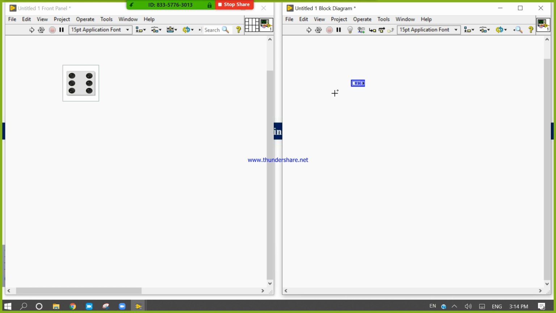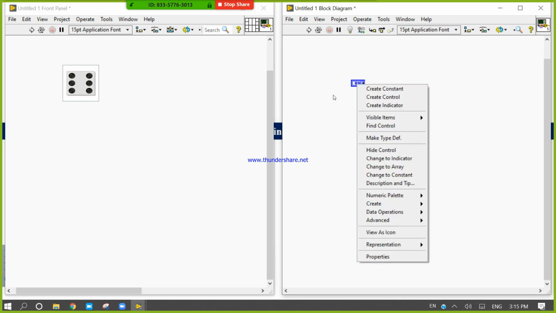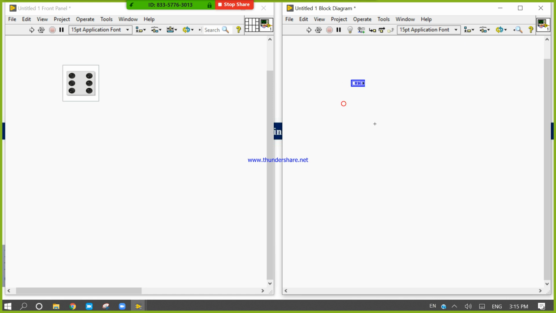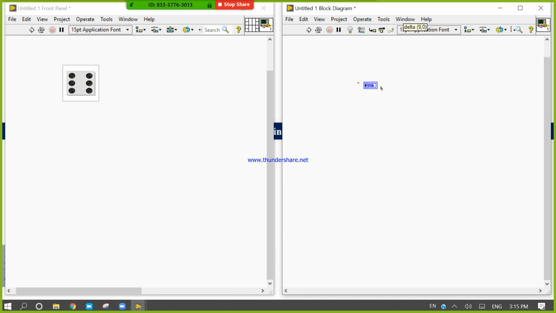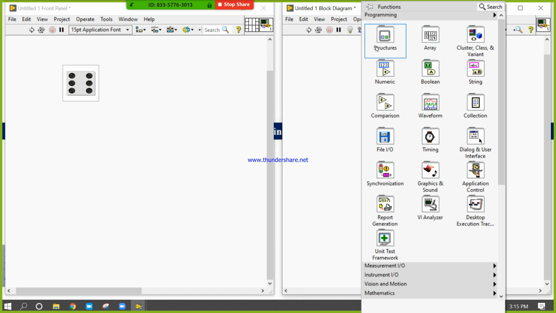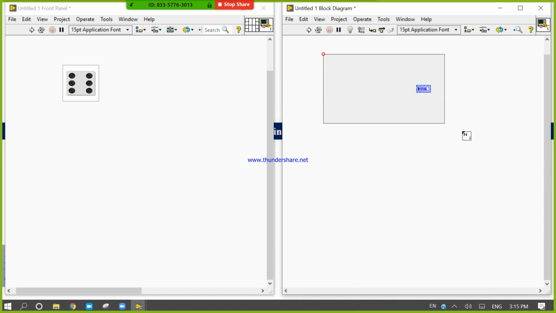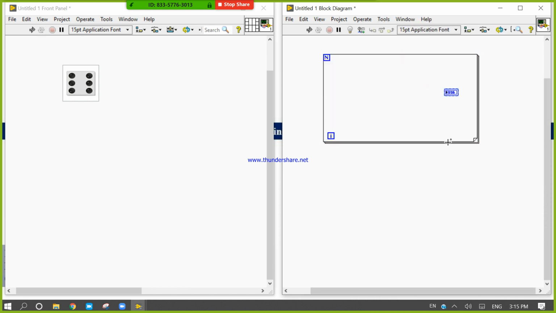In the block diagram you will get this dice again. Not dice, it is a picture enumerate terminal. So right click, change it into an indicator. After that right click here, come to the for loop, take a for loop and drag.